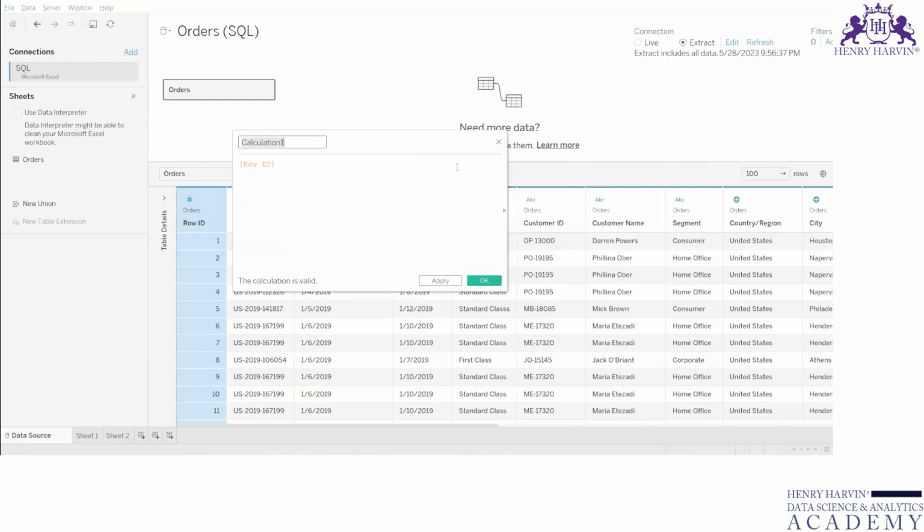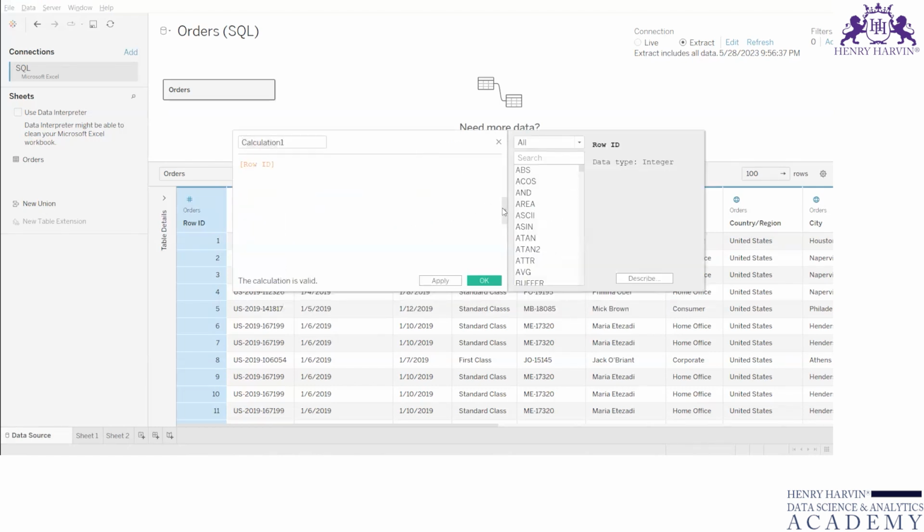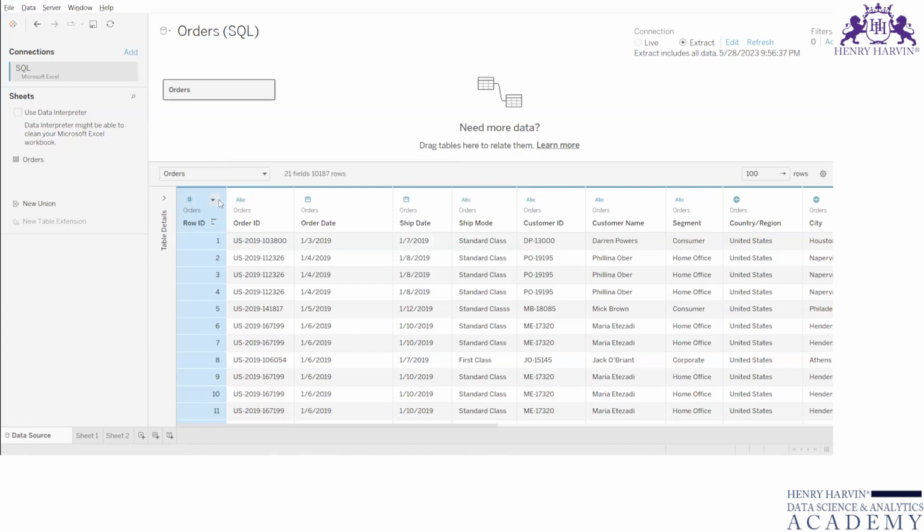There are many types of calculations in Tableau. If you see, there is a list over here: number calculation, string calculation, date calculation, type conversion, logical, aggregate, user, table calculations, and special calculation. But if you want to create a calculated field, you need to do it in this way, either from here